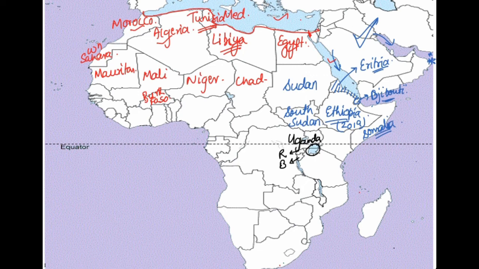So Lake Victoria के east में we have a country called Kenya. Kenya's capital is Nairobi and it houses the headquarter of United Nations Environment Program. It is important because Africa में Kenya is the only country to have a headquarter of a UN body at Nairobi. South of Kenya we have Tanzania, and south of it we have Mozambique.